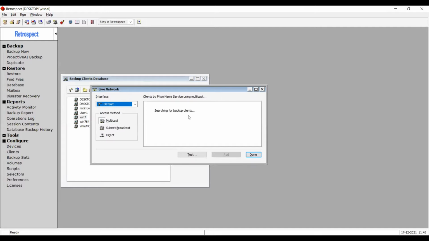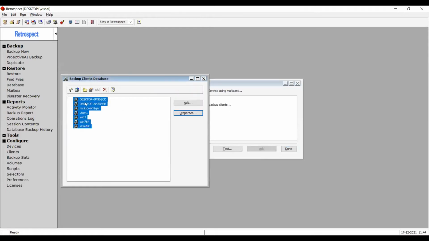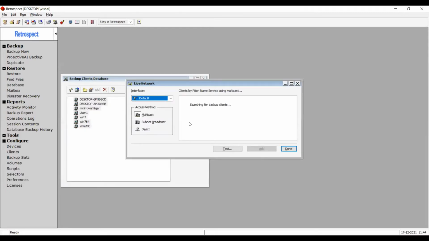And how it works is that when the client boots up, it starts multicasting its own information. If that packet reaches the server, and the network allows that traffic, then you will get a list of the clients that are currently live on the network. Just like this list here, I don't have any actual client live on the network, so we see this search pane empty, but you will see a list exactly like this if there are any clients present. Clients means the endpoints that have the RetroSec client installed on them and are up and running. So that's the live network.